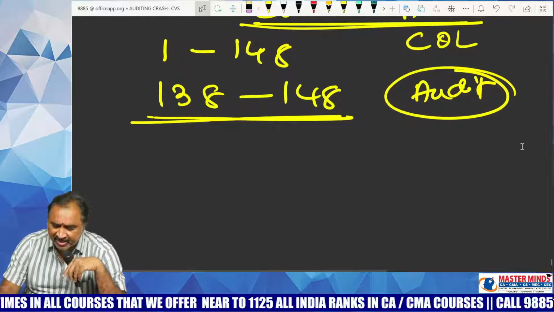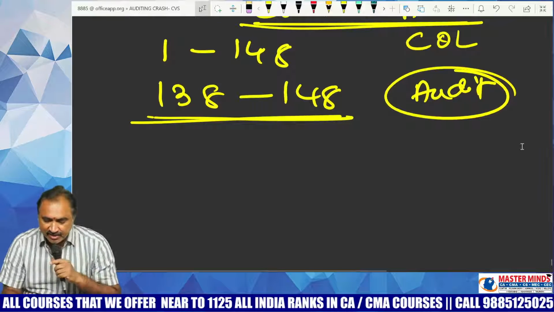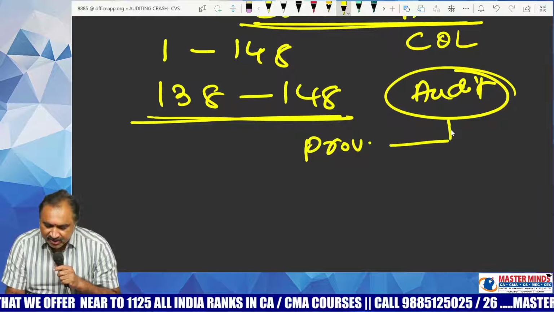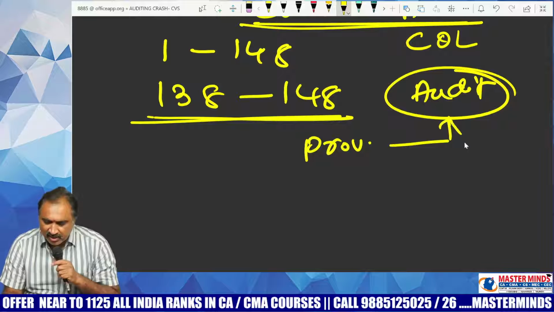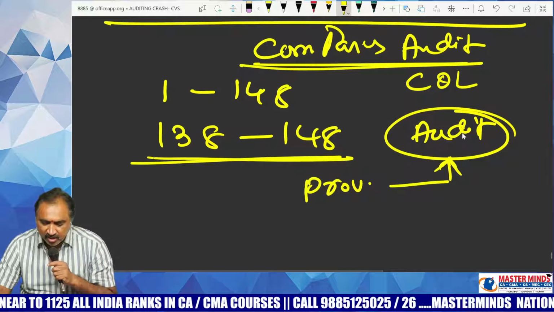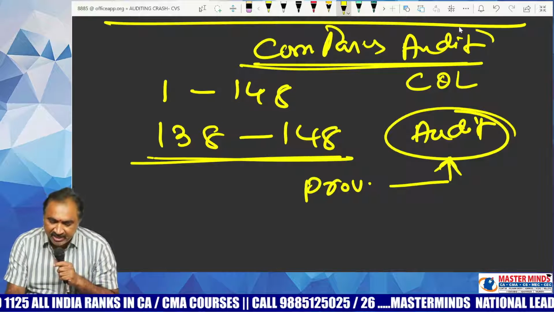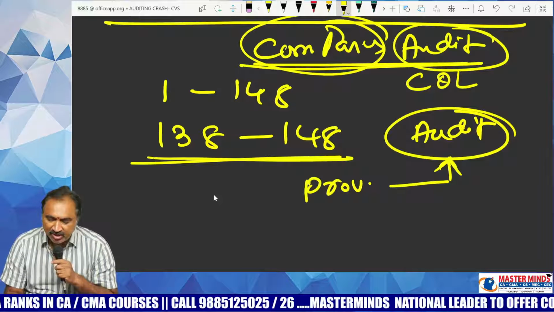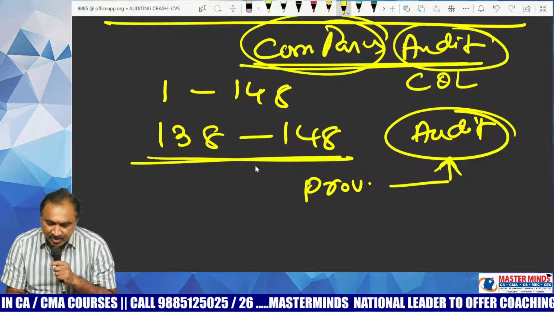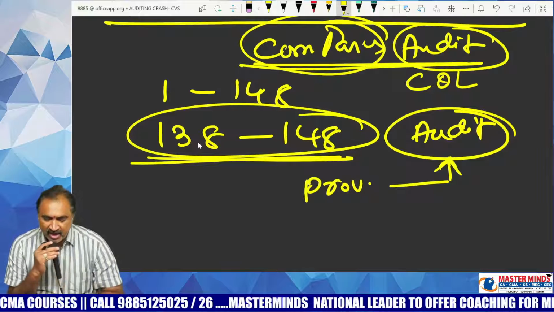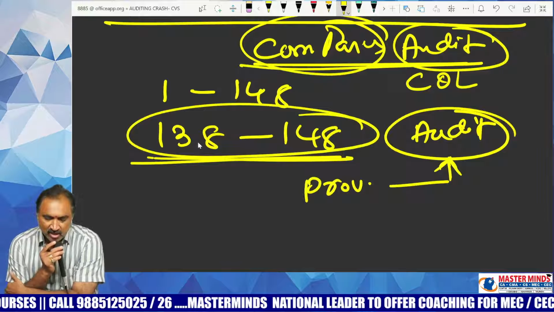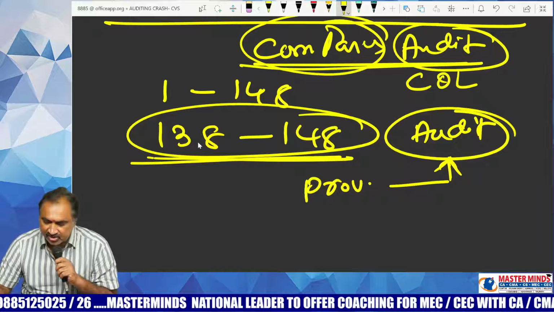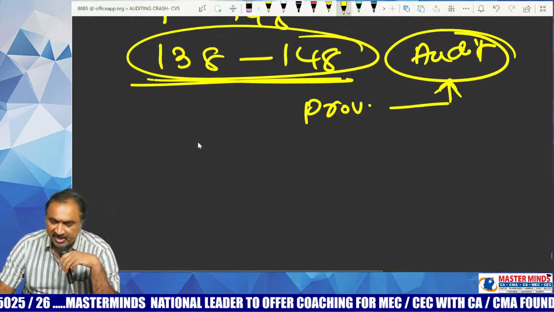Section 148 of the Companies Act contains provisions relating to appointment of auditors and other allied matters, and hence the name of the chapter is Company Audit. How to appoint auditors of a company and other allied matters have been discussed in a chapter called Company Audit, wherein we are going to discuss 11 sections, from section 138 to section 148 of the Companies Act.